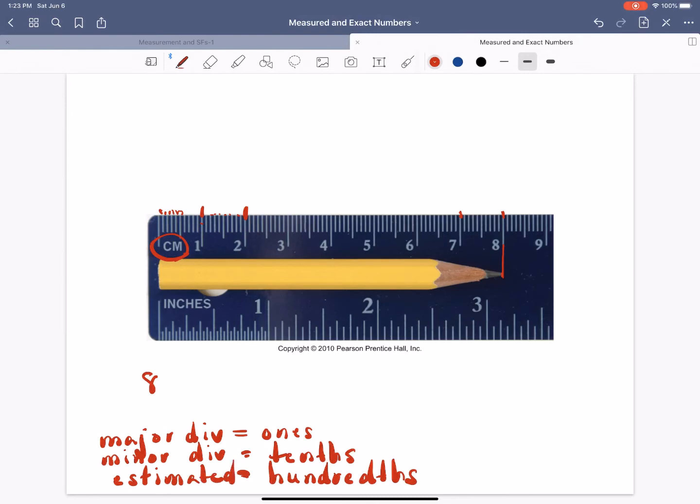So I'm just thinking, let me write a number down here. 1, 2, 3, decimal, 4, 5, 6, 7, and then some units. Okay, here's the decimal. The place to the left is the ones. The place to the right is the tenths, hundredths. So